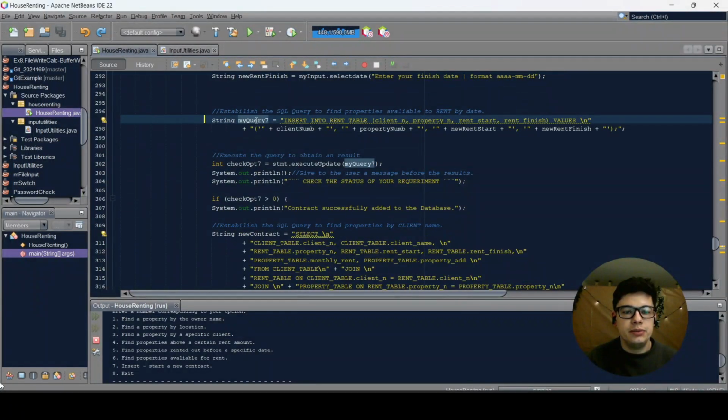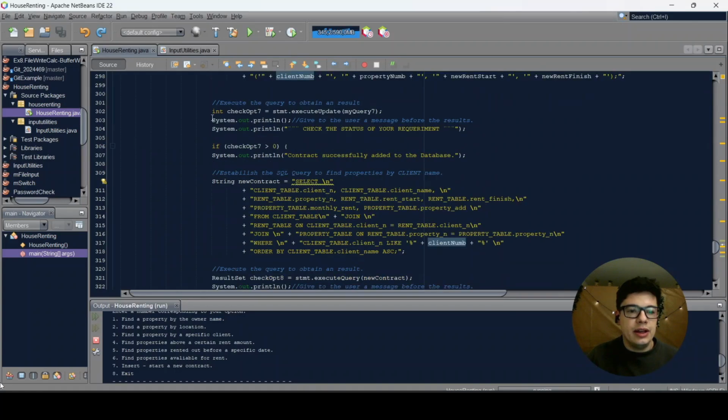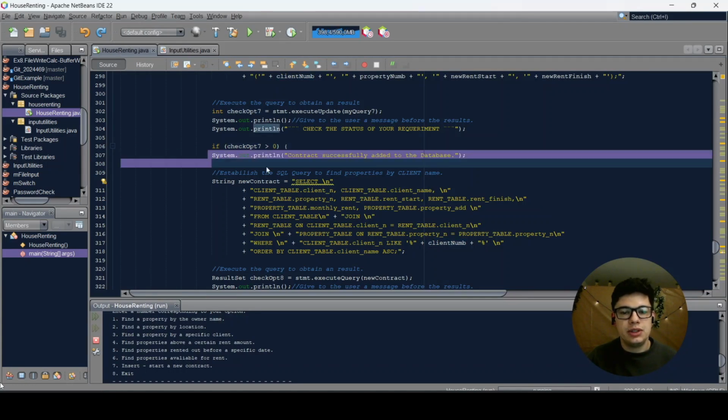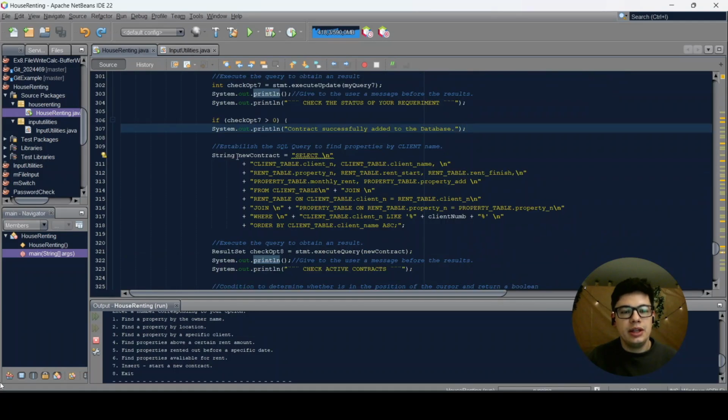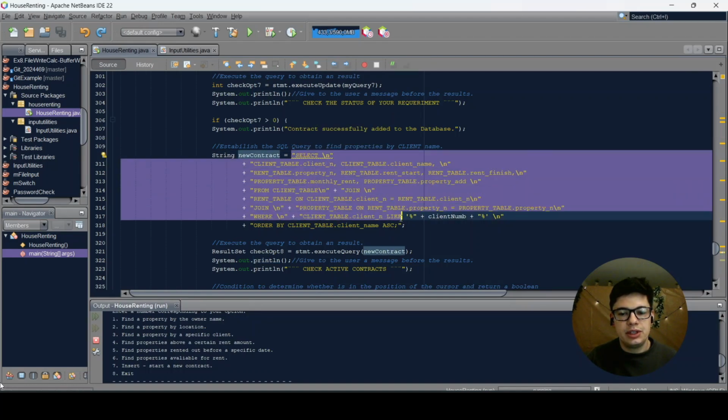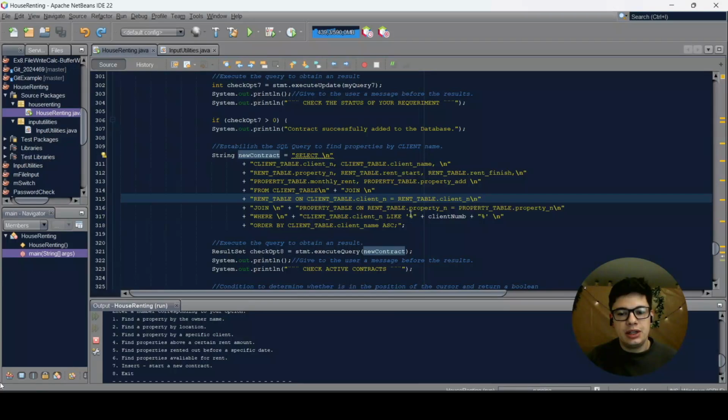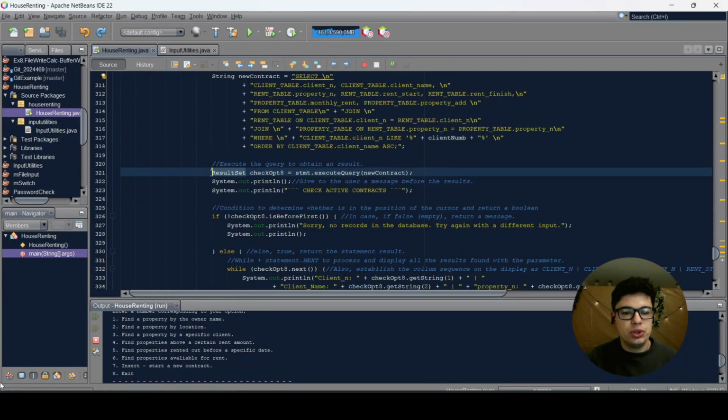So here I have my query. Here I have the insert into the rent table, and it's an input. So I have an if statement here. If it's positive, it will bring the message and establish a new query with the result that will select from the database all the data and then show on the screen using a result set all the contracts that the client